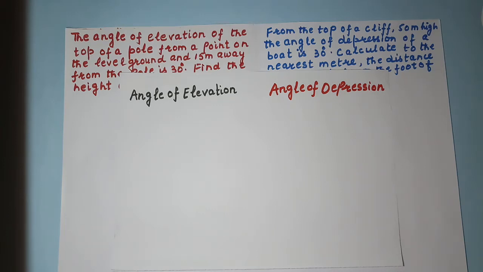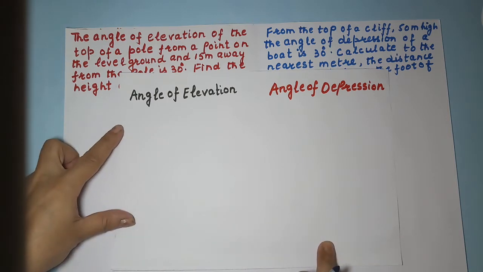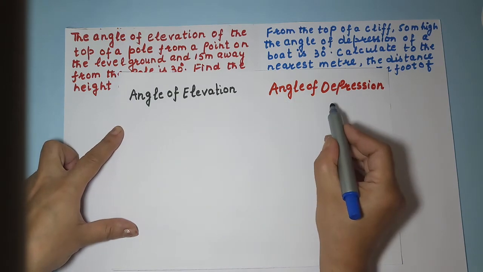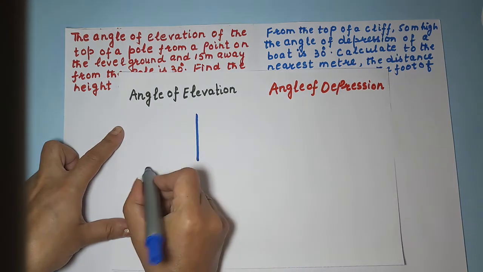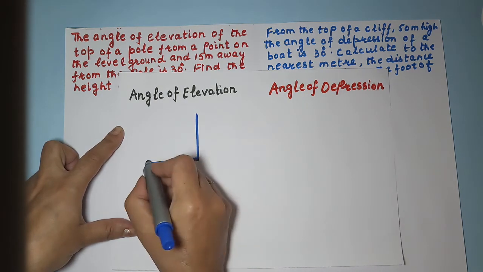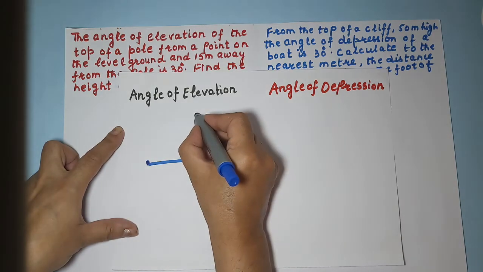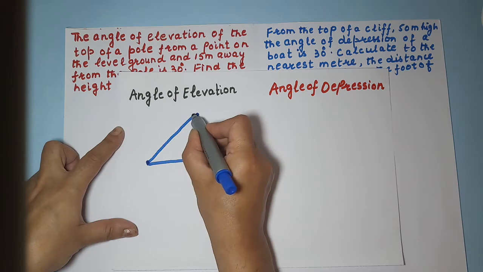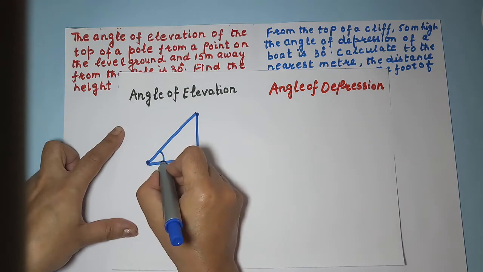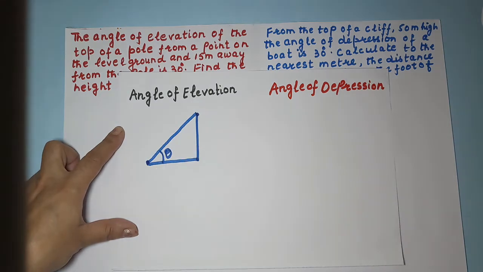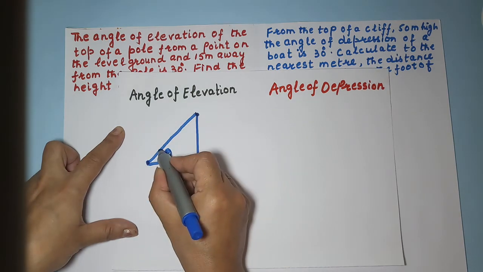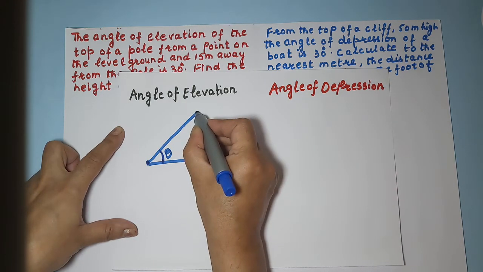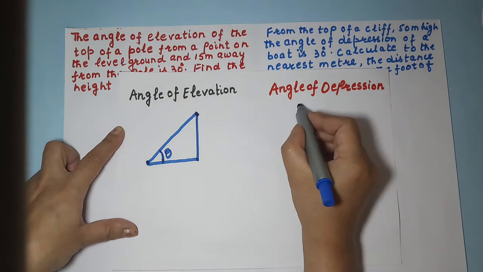In this video, we are going to learn heights and distances. But before that, we will understand what is this angle of elevation and angle of depression. Now, suppose you are having a pole here and you are standing away from this pole at this point. If you are looking at the top of the pole from the level ground, this angle is called the angle of elevation. When you look up at something from the level ground, the angle formed here is called the angle of elevation, right? Now, what is angle of depression?